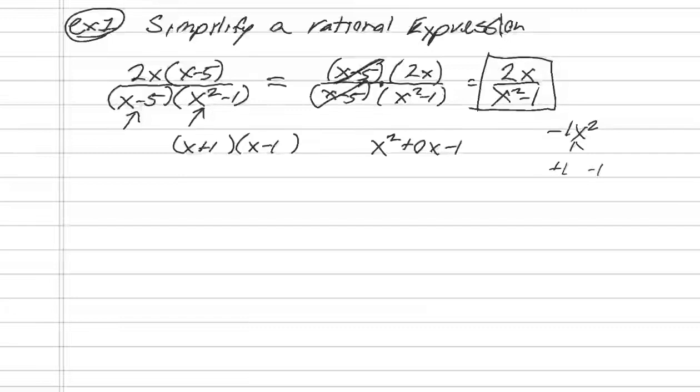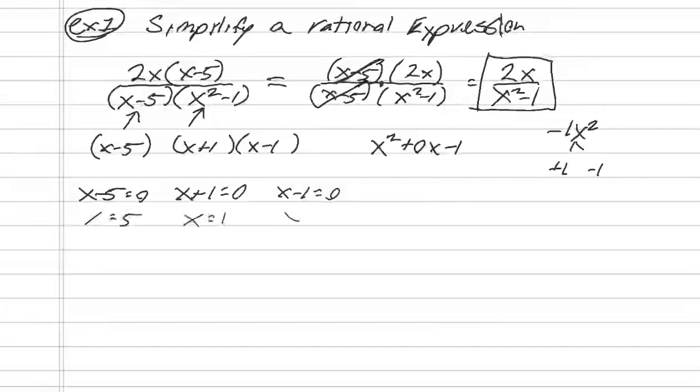Plus we also have this here, x minus 5. That's my original three terms on the bottom, and we cannot have any of those equal to 0. So what we cannot have is where x minus 5 equals 0, x plus 1 equals 0, or x minus 1 equals 0. When you're solving these 3 equations, which obviously is going to give me x equals 5, x equals 1, and negative 1,